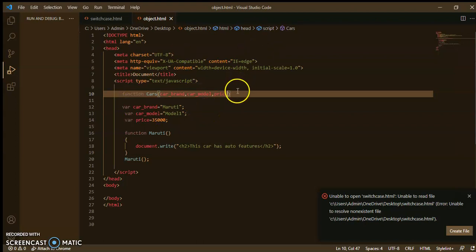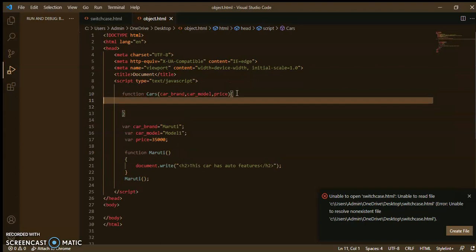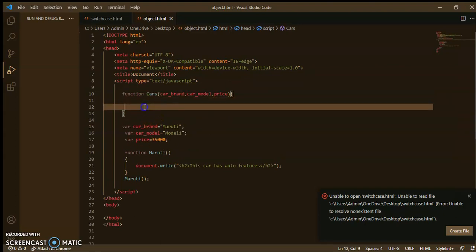Okay, and using the curly brackets, now you will access the property of these parameters.